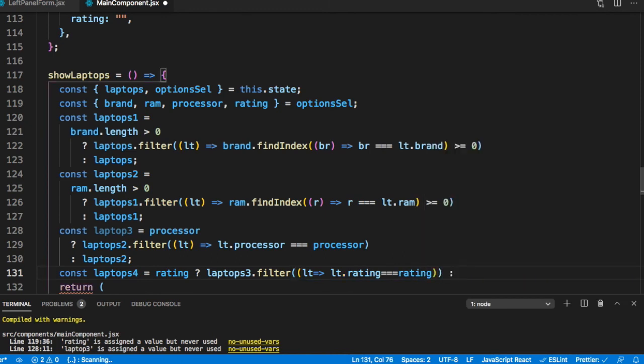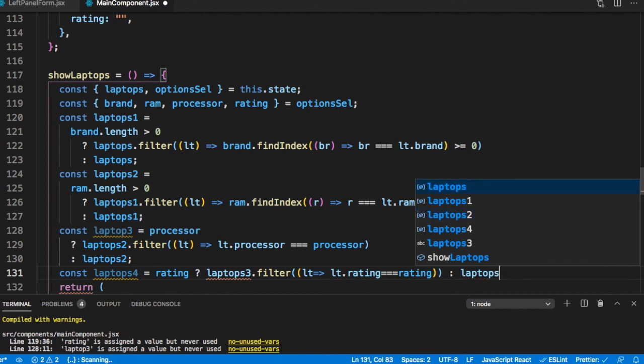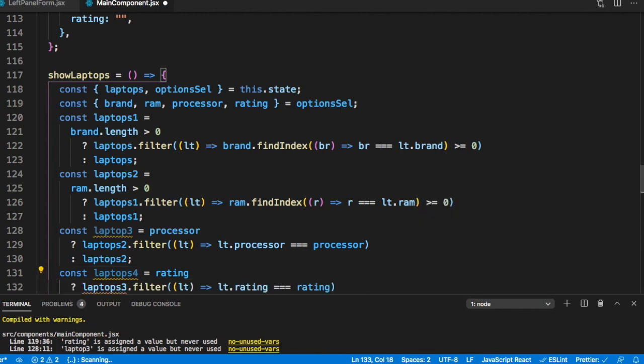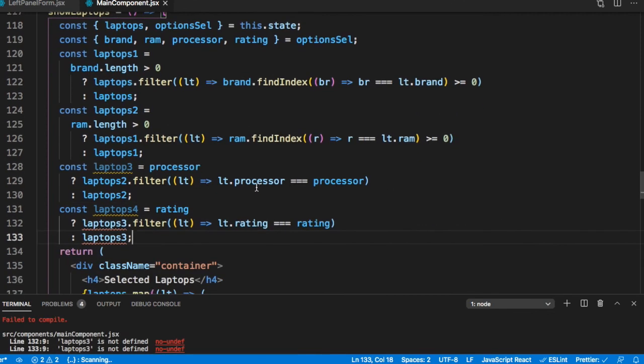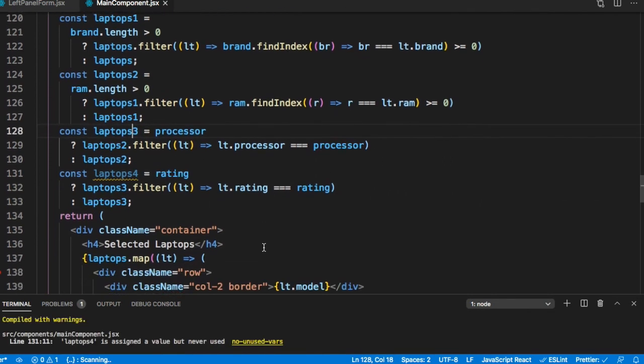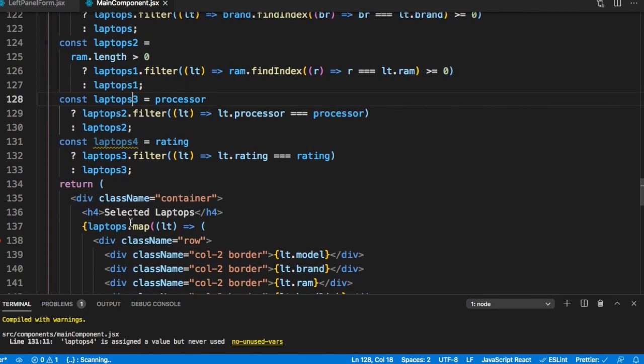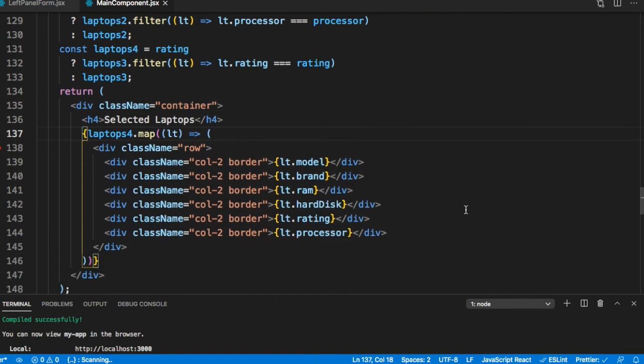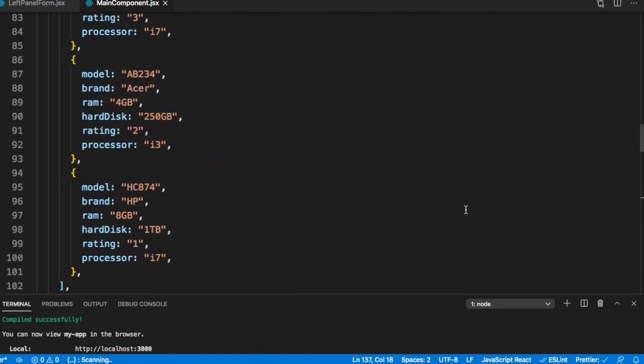Otherwise, we will just return laptops3. So now that we have the filtered result, instead of using laptops, we will just use laptops4. Now let's go ahead and test it.